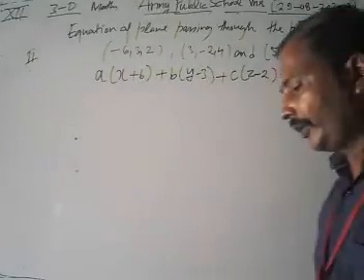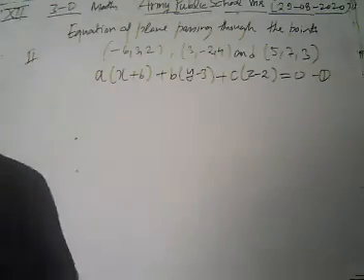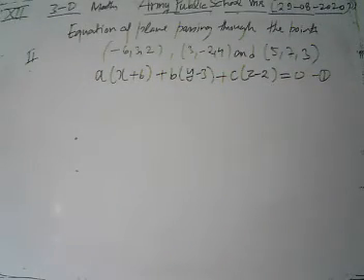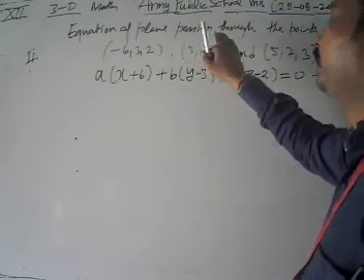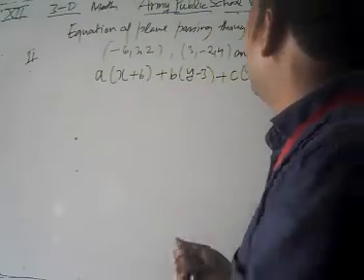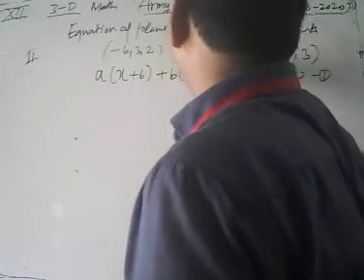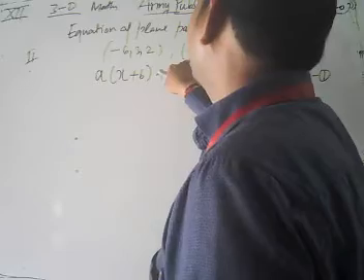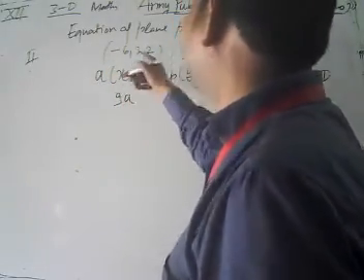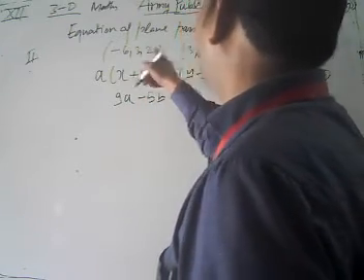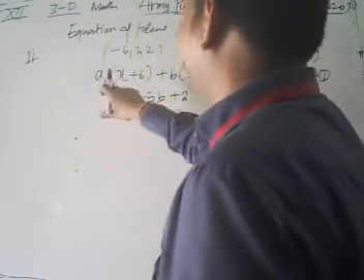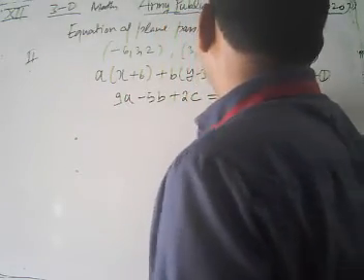Now look, what we are going to do. We are going to find this equation of plane. Since this plane also passes through the points 3, minus 2, 4 and 5, 7, 3, we are going to use them. Taking this point first: 3 minus minus 6, we get 9, so 9a, minus 2 minus 3 is minus 5b, 4 minus 2 is plus 2c, equal to 0.